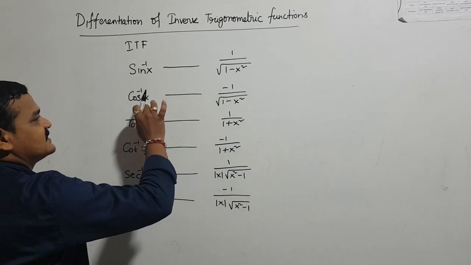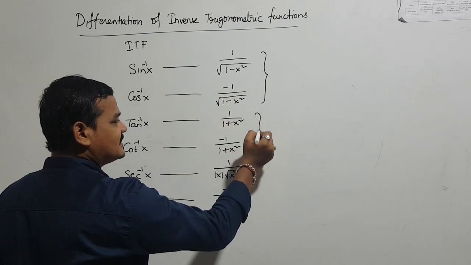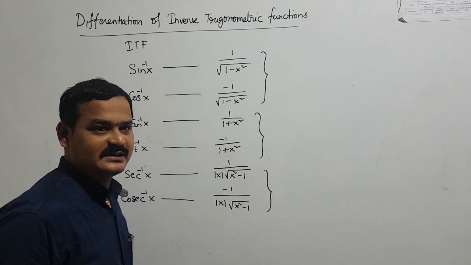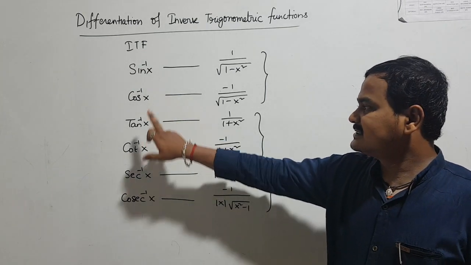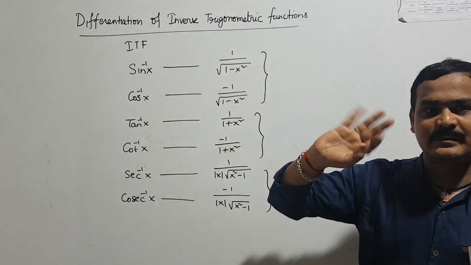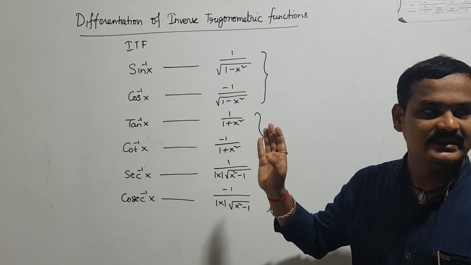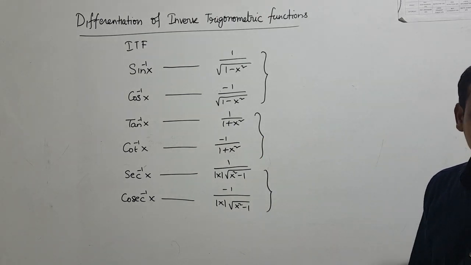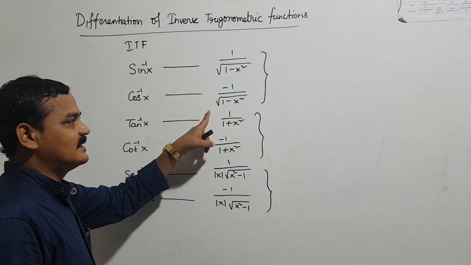You just observe for these, both derivatives are the same but opposite in sign. Tan inverse and cot inverse, derivative is the same but opposite in sign. Sec inverse and cosec inverse, derivative is the same but opposite in sign. These three, what are they? Cos inverse x, cot inverse x, cosec inverse x. Starting with the c, so it contains the minus. Remember like that. And sin inverse x, tan inverse x, sec inverse x are positive values. Same as before, sin x derivative is cos x and cos x derivative is minus sin x. Like that, in c-started functions it will be given the minus values.